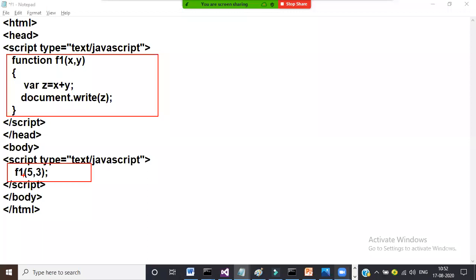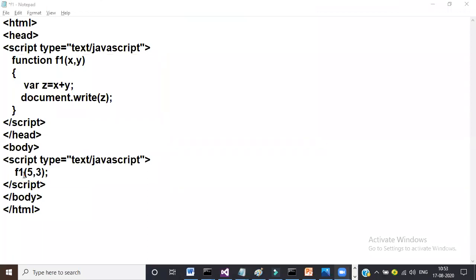You write the JavaScript code in a separate file, save it with .js extension, and drag and drop that JavaScript file inside your header tag. That is the reason you are now also practicing writing JavaScript code inside the header tag. So it is always recommended to write the JavaScript code in the header tag and call the function in the body tag. Okay. So save the program.